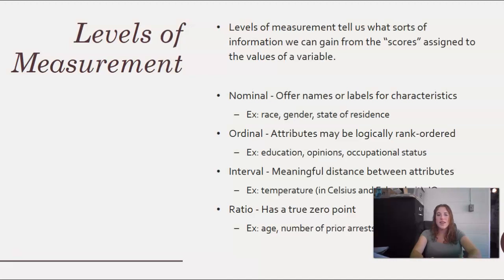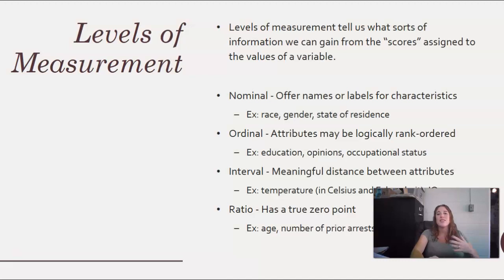And this is where it gets a little confusing, but the reason why we can't say that is because the 0 on the Fahrenheit scale is kind of arbitrarily placed. So, 32 degrees means that things start to freeze. So freezing temperature is 32 degrees. Freezing temperature does not mean that there's an absence of heat. And you can go all the way down to 0 degrees. So luckily we don't live in an area where we typically see 0 degree temperatures. My sister lives in Colorado and she just saw -3 temperatures the other day. But again, that 0 doesn't mean complete absence of heat.